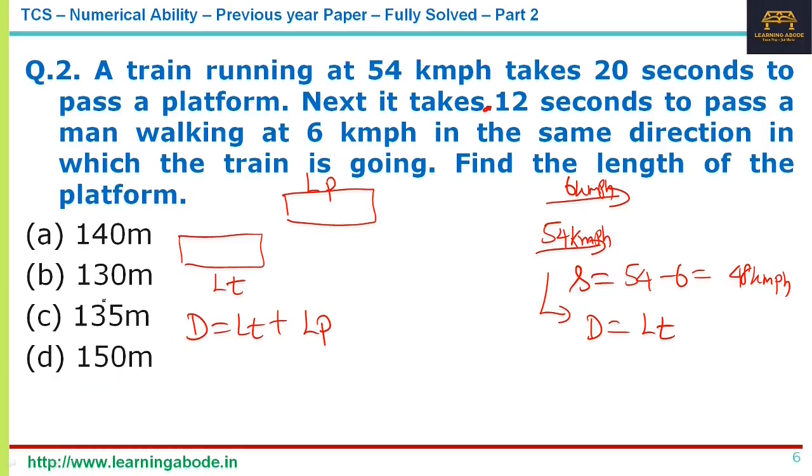And of course we know the other basics, that is speed equal to distance by time, and also we know that speed is usually given in terms of kilometer per hour, and if you want to convert it to meter per second, you have to multiply it by 5 by 18, and from meter per second to kilometer per hour, it is the other way around, it is 18 by 5, though it is not required here.